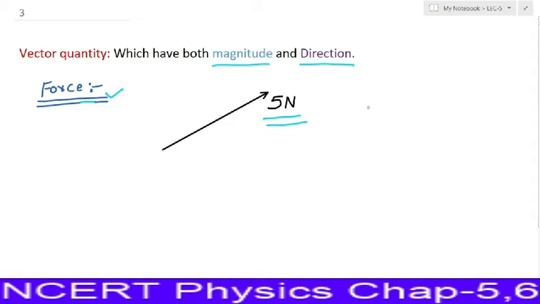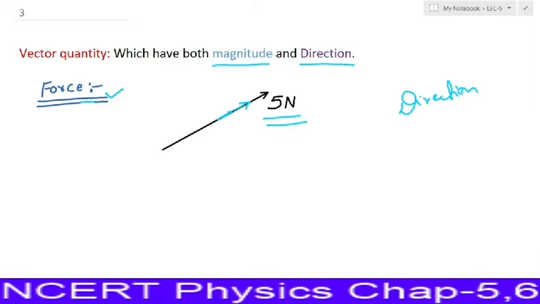I also have to mention in which direction I applied this force. If I say I applied a force of 5 Newton in this direction, now this sentence is complete. This arrow is showing the direction in which force is applied, and this 5 Newton describes the magnitude or strength